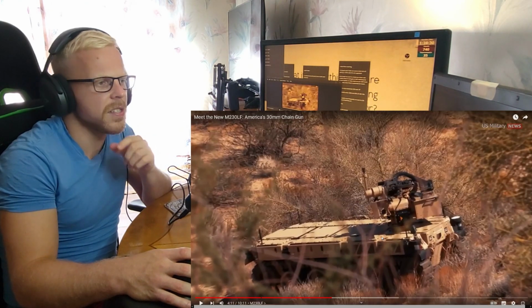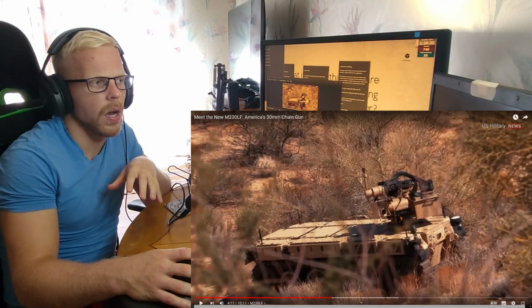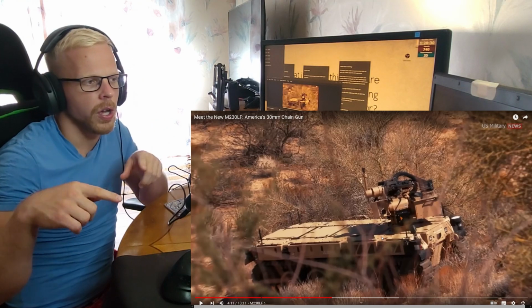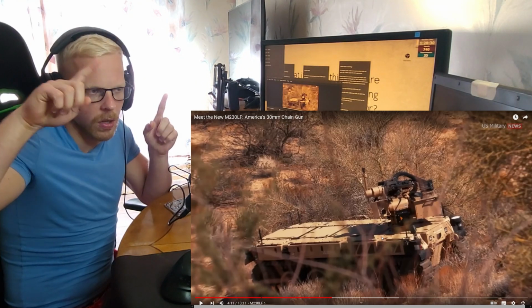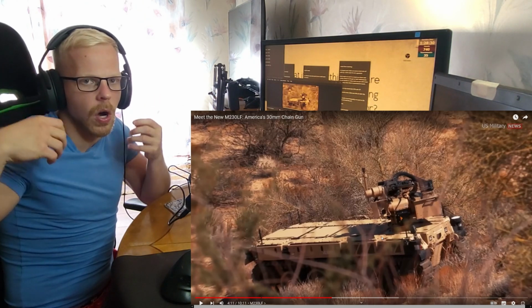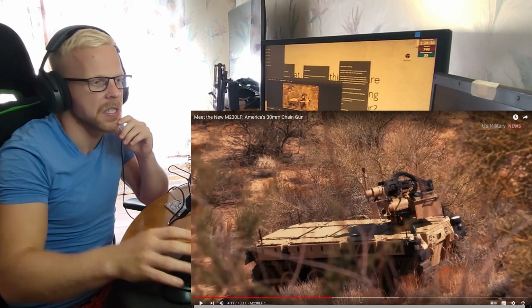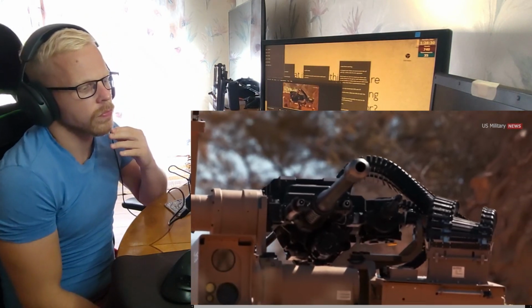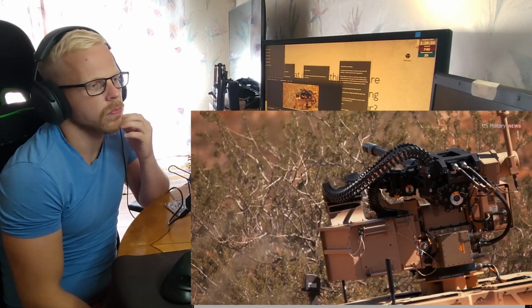Yeah, this one is awesome. Literally, against drones especially, you just shoot towards a drone, and there's this location where the round blows up, and it covers this location. Man, this is genius. The M230LF earned its name by transitioning to a link-fed system, which ultimately reduces the space claim